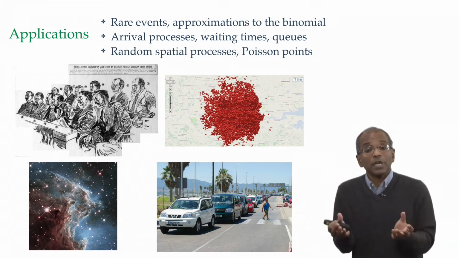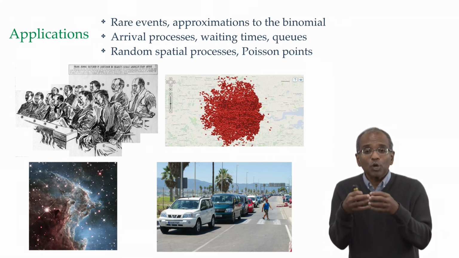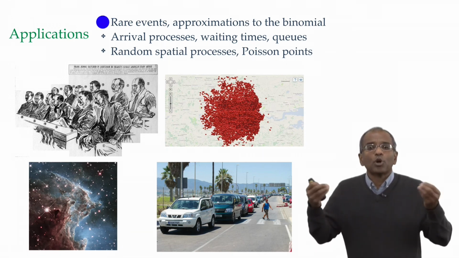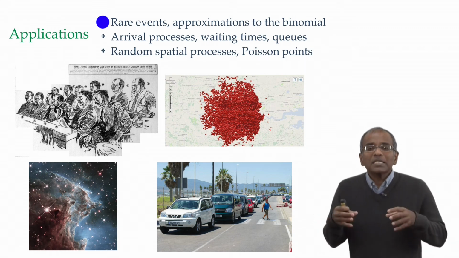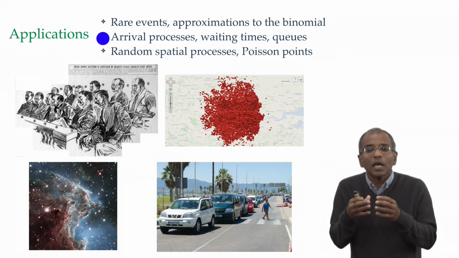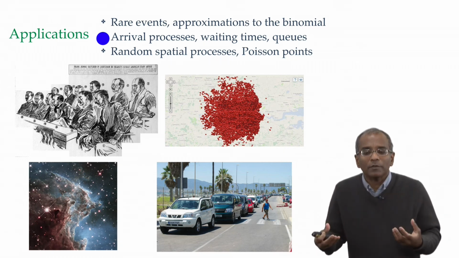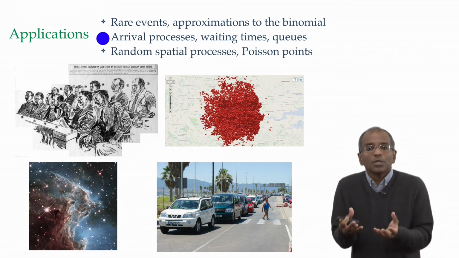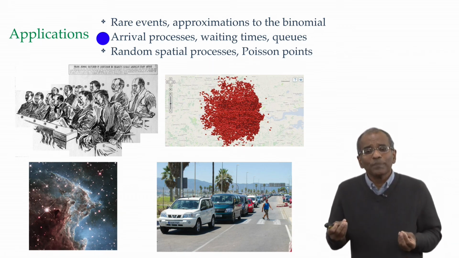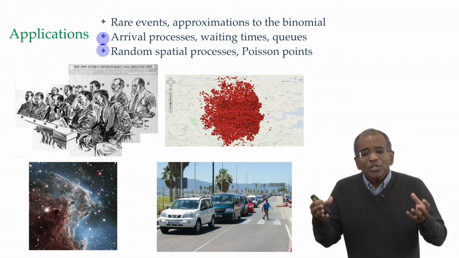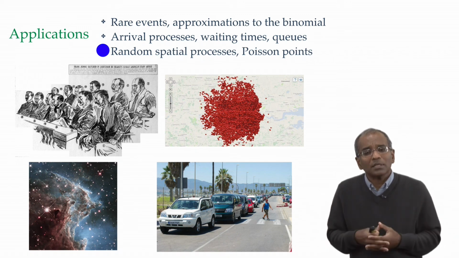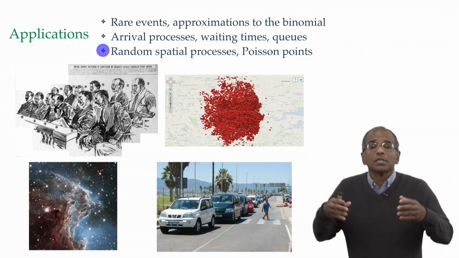And over the next couple of centuries, it became clear that this approximation of Poisson captures not just rare events as an approximation to a binomial, but stands in its own right as a critical component of something which captures random arrivals. And this then leads to things like waiting times, queues, congestion control, spatial processes, whimsically, for example, the distribution of bomb hits in London, or the distribution of stars in the firmament.